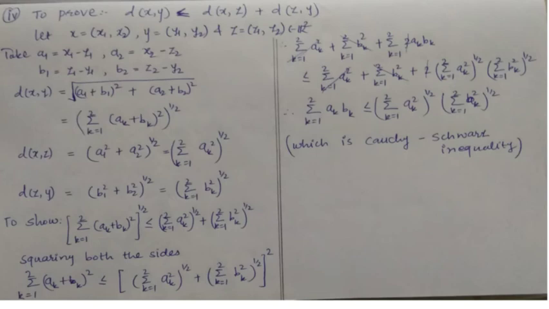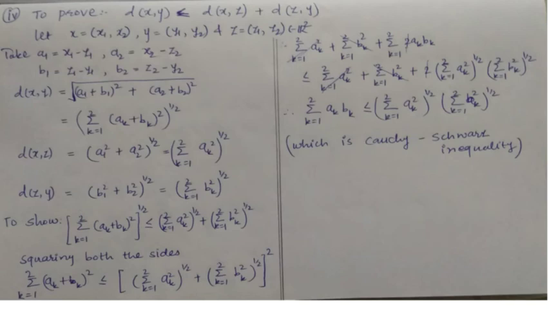So the first term on the left hand side is squared, meaning (ak plus bk) whole square. Simplifying this term, we get summation over k equal to 1 to 2 of ak square plus bk square, plus summation over k equal to 1 to 2 of bk square, and plus 2 ak into bk. So plus summation over k equal to 1 to 2 of 2 ak into bk, and this is less than or equal to,